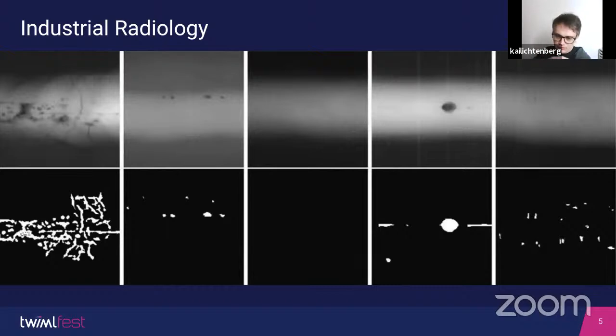Also, the type of techniques you use is very similar to medical imaging. You use segmentation, object detection, and classification to find flaws in the parts. And those flaws are, just like in medical imaging, often very small and very rare. And yeah, so the only difference is, and that's what I said at the beginning,